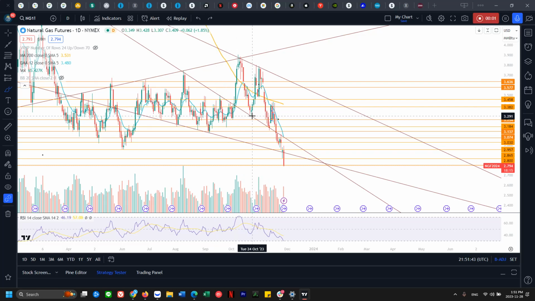And today we'll be looking at support and resistance levels for natural gas, oil, UNG, silver, gold, as well as the US dollar. And we'll be looking at the most likely scenario where price will be heading into for them later this week.